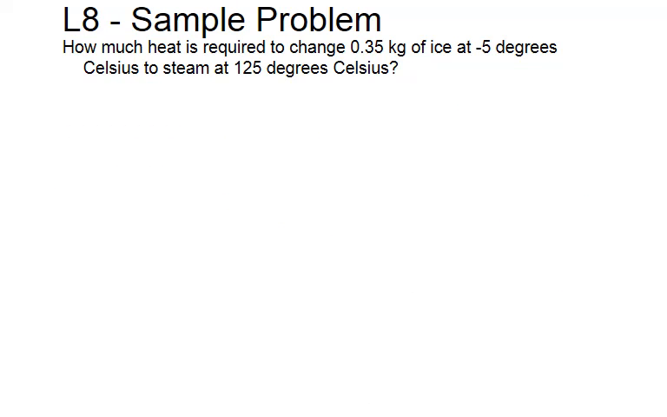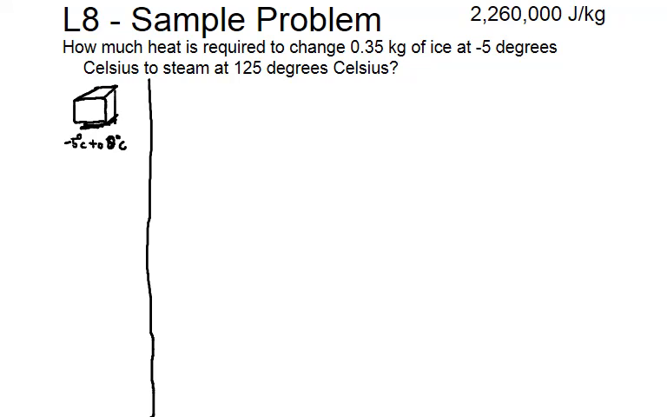Okay, so let's take a look at this situation where we have ice at -5 degrees Celsius, and we want to get it to steam at 125 degrees Celsius. Well, we know there's got to be multiple steps here because we're going to be phase changing as well as increasing temperature. So if we have an ice cube at -5 and we're getting it up to 0 degrees, we have that here,